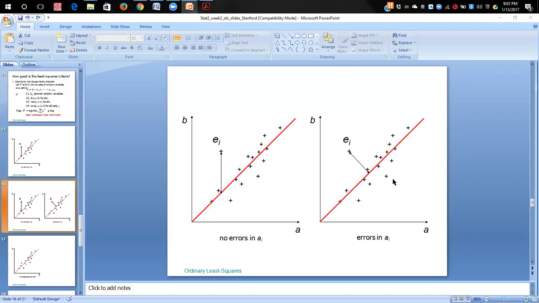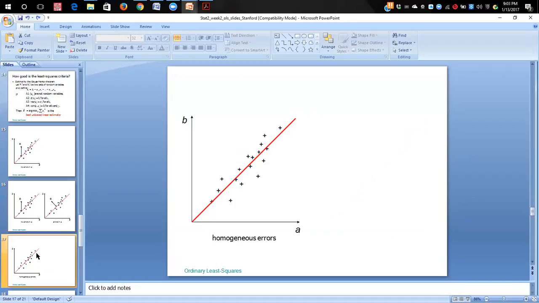And here you see some errors in your observations in some of your groups of independent variables. And then this is a representation of homogeneous errors. And so this is what we call meeting the assumption of the linear regression